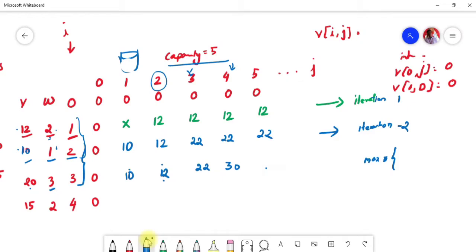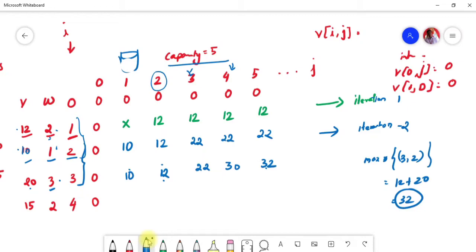That means either it can be 3, 2, or are any other possibilities there? Sorry, there is no other possibility. So you have to go with this value. That means 3, 2, that means here the weights 3 and 2, which is 12 plus 20, that means 32. Okay, so 32 is going to be placed over here.